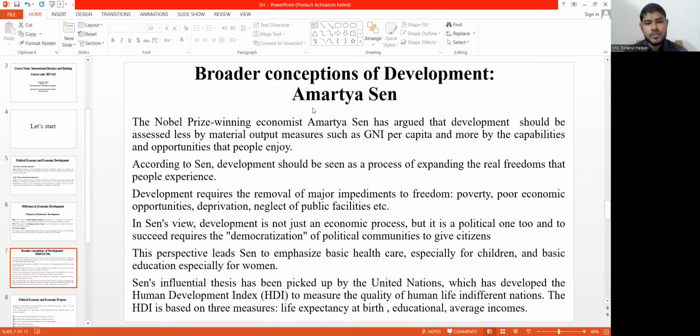In Sen's view, development is not just an economic process, but also a political development too. The perspective of Sen emphasizes basic health care for children and especially education for women. So from here we understand that actual development depends not only on material things but also on the real enjoyment of